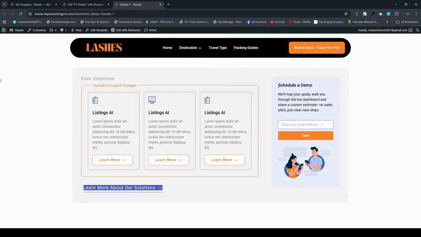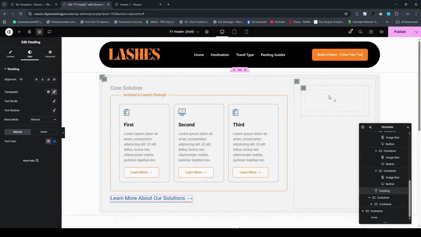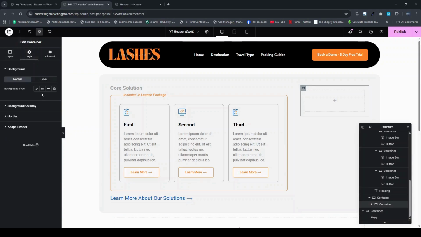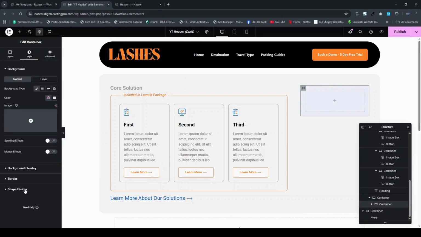and let me go to this section here. Let me make this section here. So let me copy this section here, and here let me insert a background color here. So I will go back here, go to the style tab, background tab. I will make the background something like this,